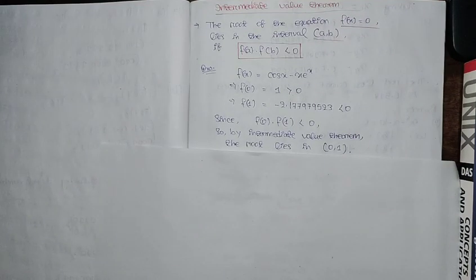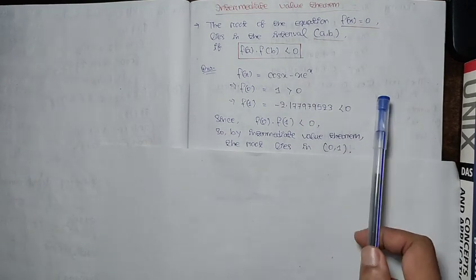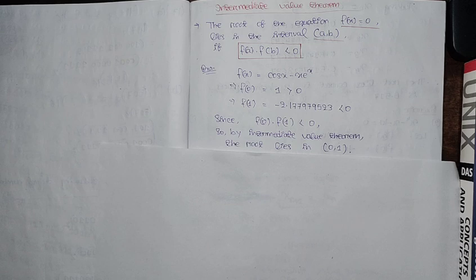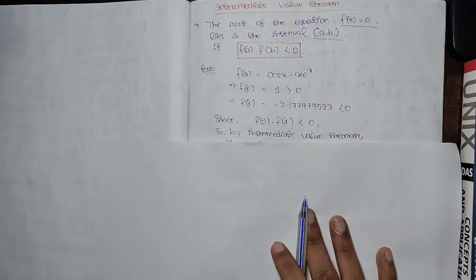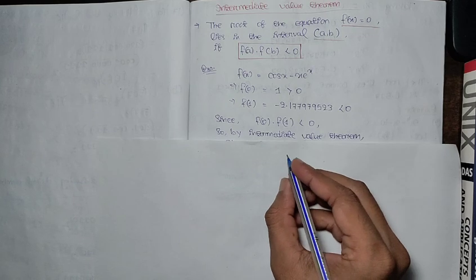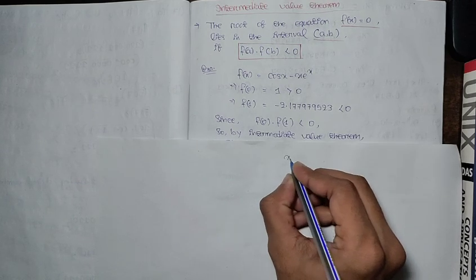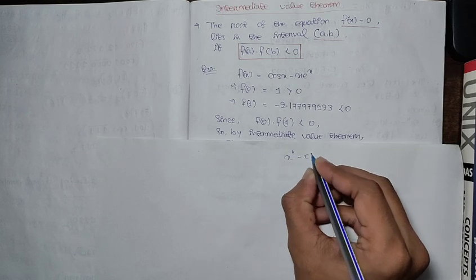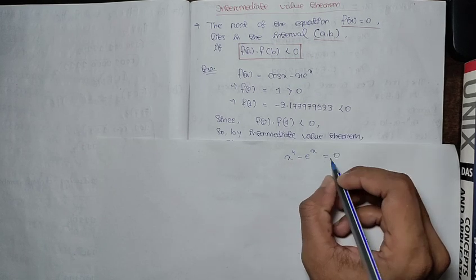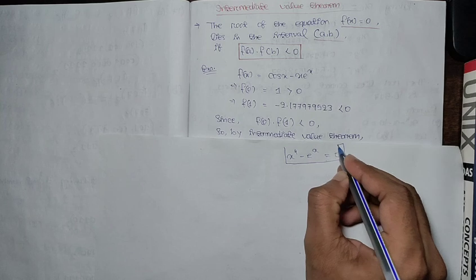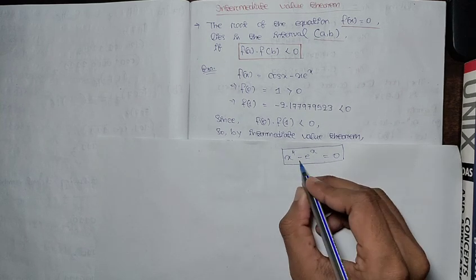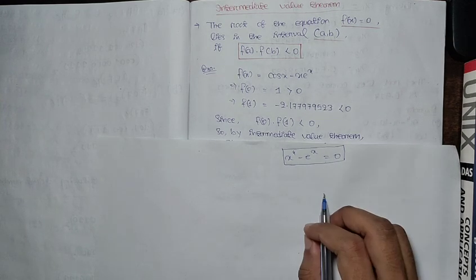Hello everyone. So today we will discuss the intermediate value theorem in a numerical analysis paper. According to this theorem, we can determine in which interval the root should lie. That means in numerical analysis you can face an equation like x to the power 4 minus e to the power x equal to 0. Then determine or find the root, in which interval it should lie. Okay,